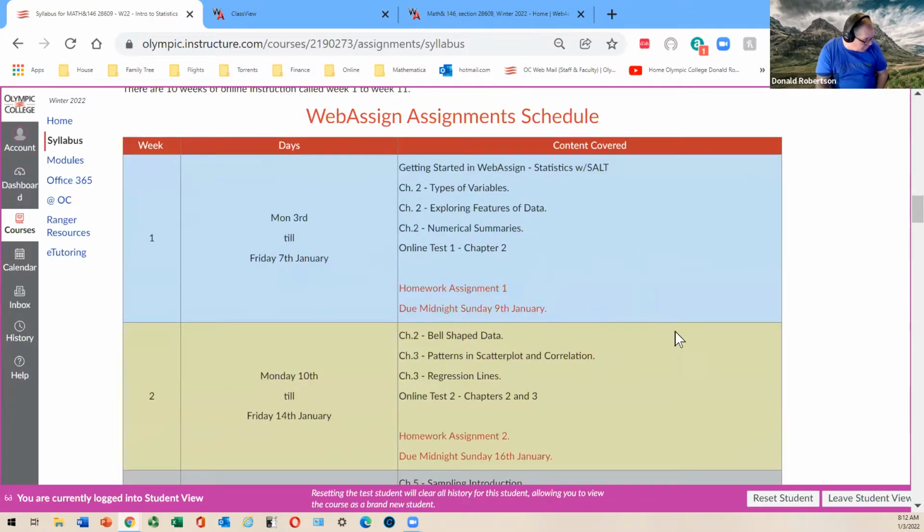Here is what your homework looks like. It's on WebAssign. So if you've never used WebAssign, it's essentially an online homework system. It's a portal. You go in there, but it has all sorts of cool stuff. It has the ebook, so you don't need to buy a textbook, but you do have to buy a license or a code, I think they call it, to use it. You get 2 weeks for free.